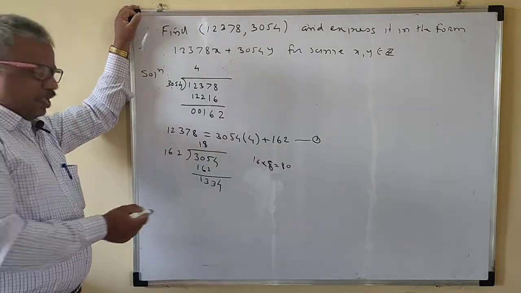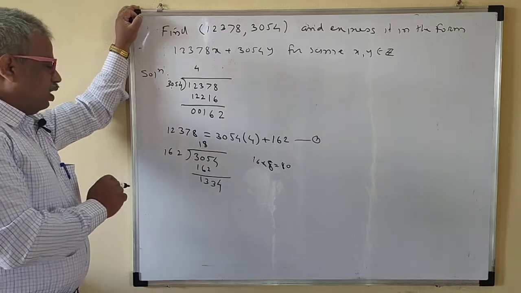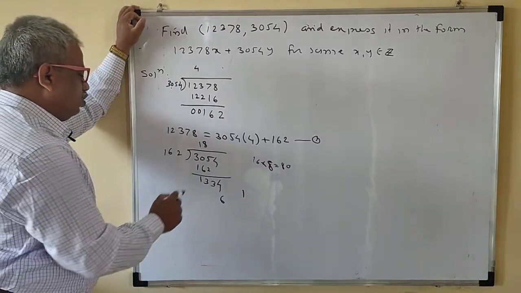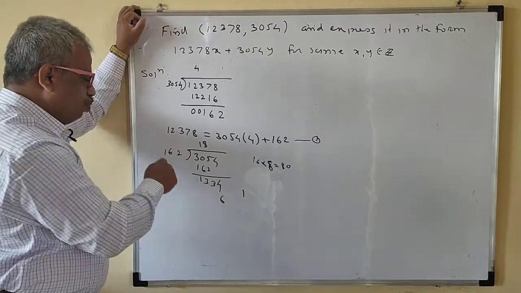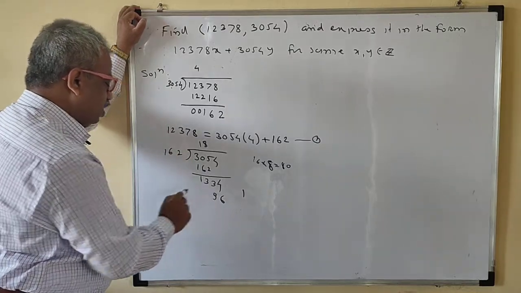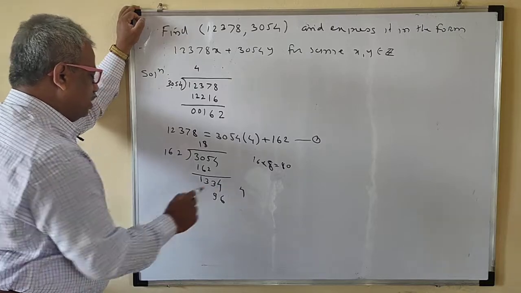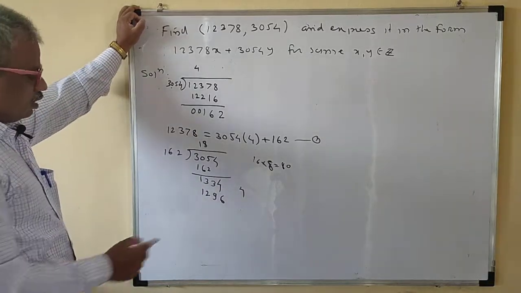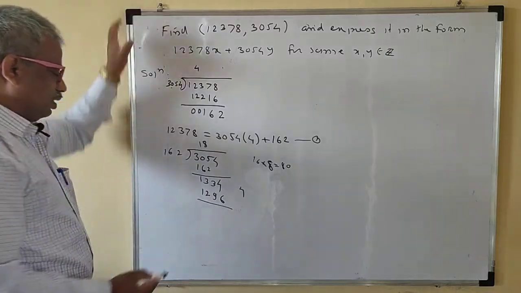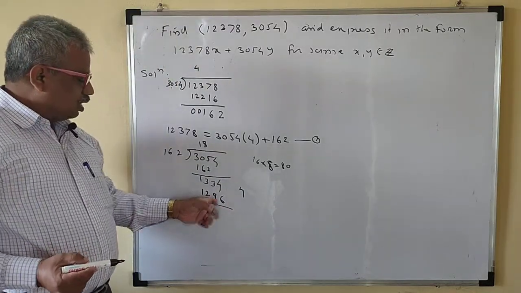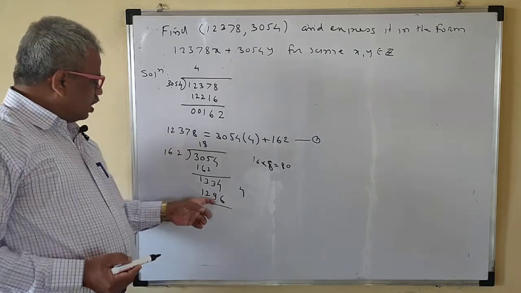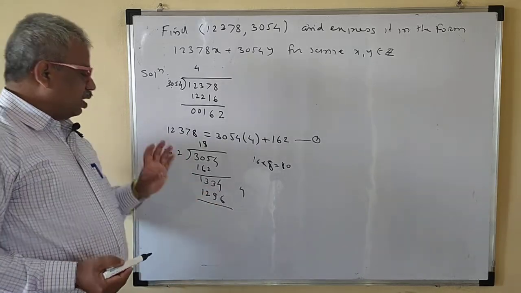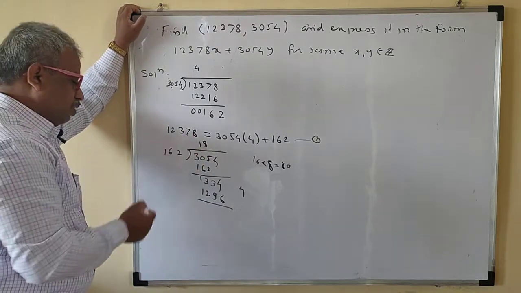If 8 is not applicable, then we'll reduce it by 1. Then we'll take the 17. So this is 16. So 1, 48, so this is 49. Then 4 is there. So 4, so this is 12. So yes, this is okay. This is 1296. That means this is almost 1300, near to the 1300. And 34 is there. That means this number is enough, right? No need to write 9 or 7 here now.